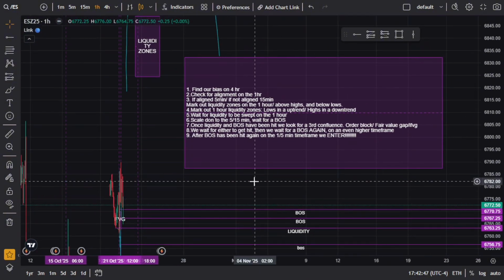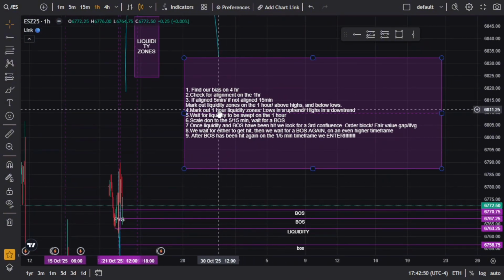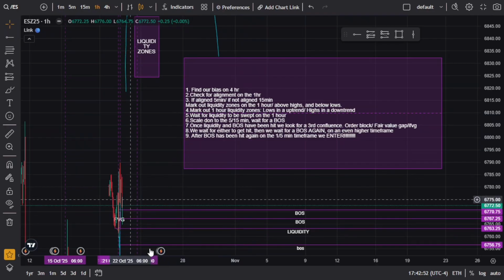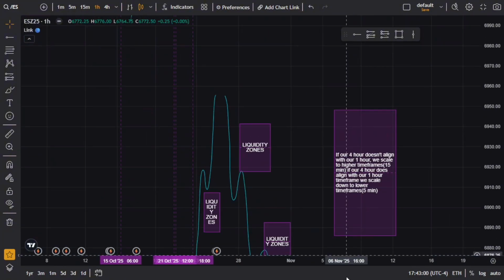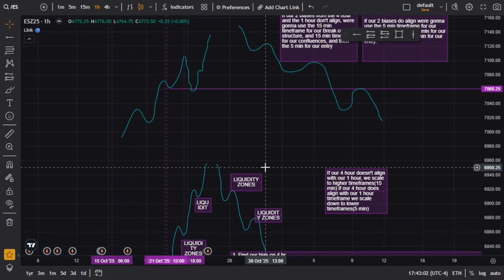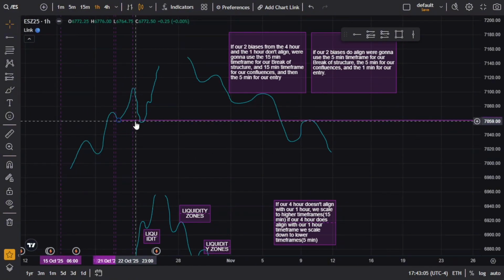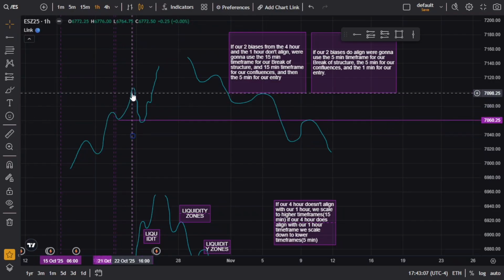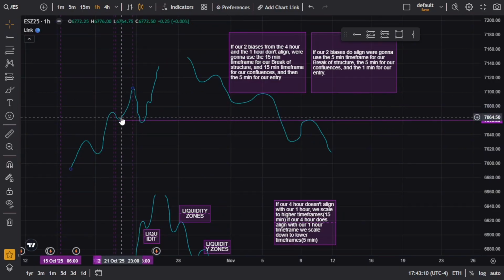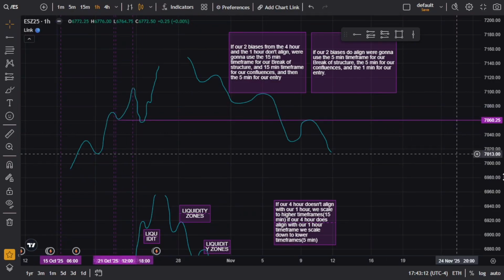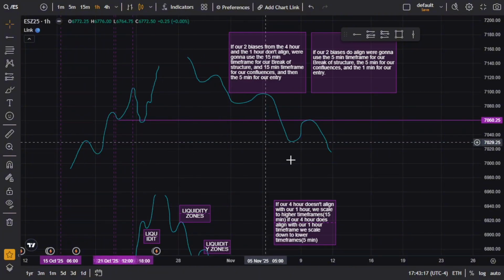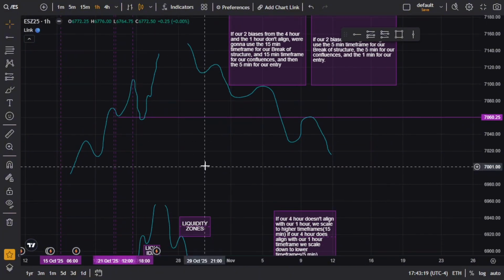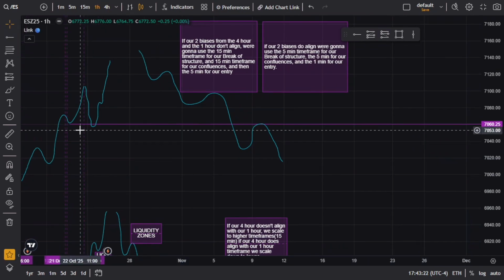Once we wait for our 1 hour liquidity zone to be hit, it goes into that zone. We're going to wait for a breaker structure to the opposite side. Perfect example, this is literally what happened today. Market opened here. We marked our liquidity zone before market opened. It doesn't have to be before market opens, as liquidity is going to be grabbed throughout market. I always mark it before, because the market always grabs liquidity.